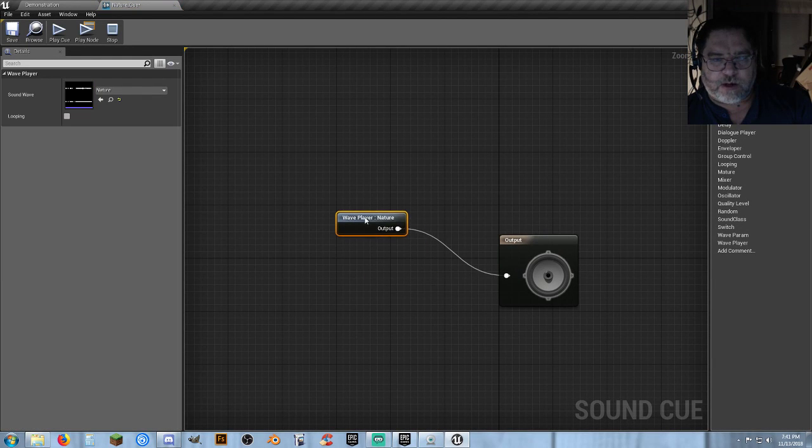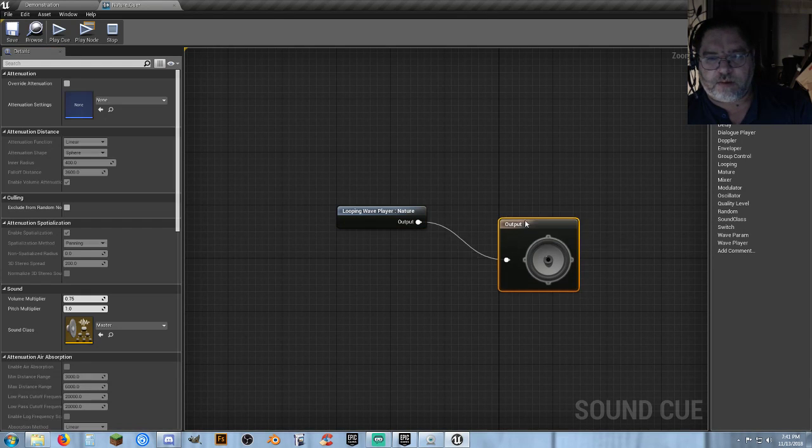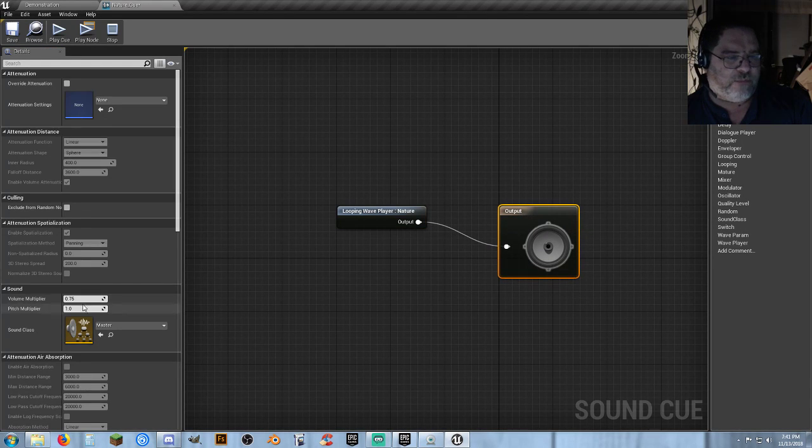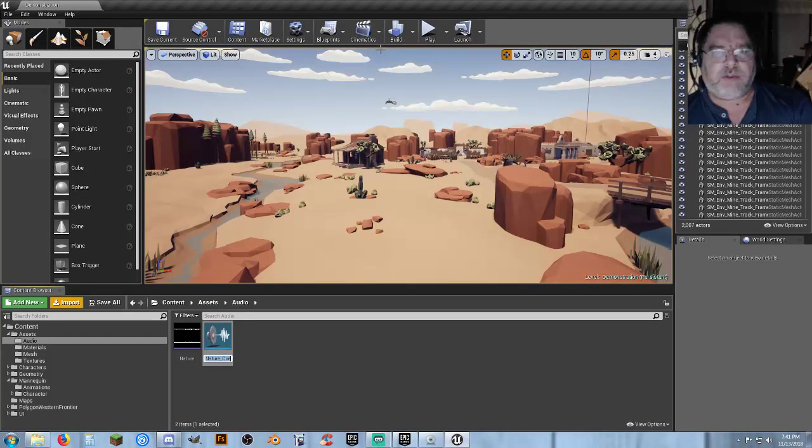So in here we got our wave player, and I'm going to make sure that I select looping, and it will continuously loop this sound file. And here our volume, I'm actually not going to change the volume in here because it doesn't usually work. So save that, and I'm going to go into the blueprints,